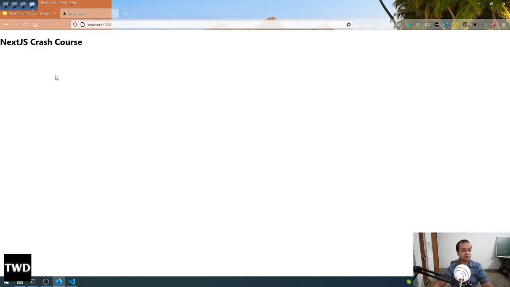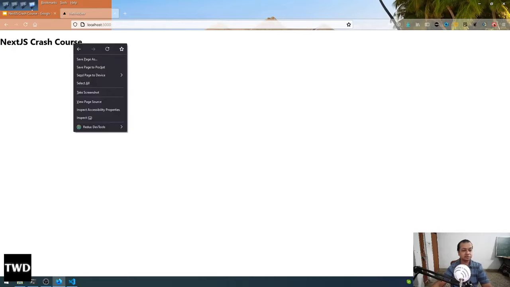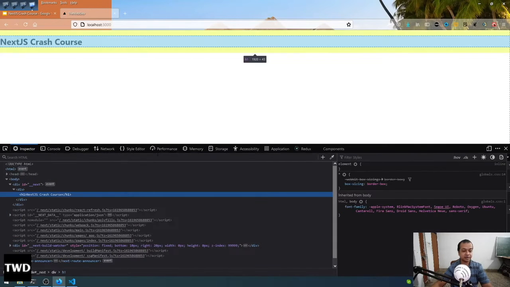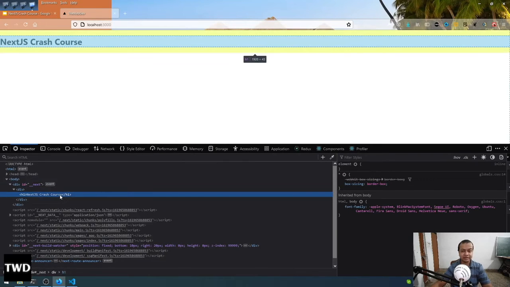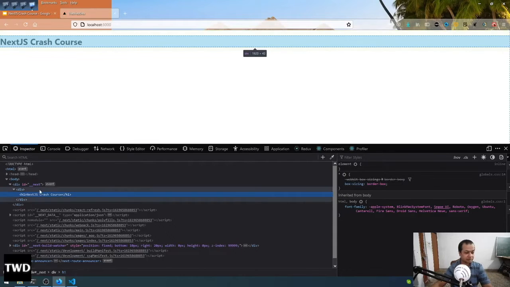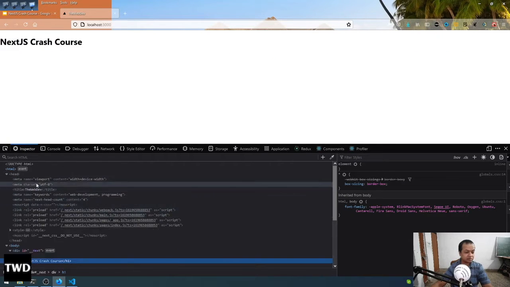So hot reload happened, and we have our everything is gone, and only this is there because we don't have even the styling. So one thing which I was telling, see, if I right click and inspect, how it is different from a React.js app. See, first thing, I'm getting this h1. You will never get this h1 in a React app because there will be ID of root in which everything will be there. So I'm getting this, and if I go to the head, see, the title, the keyword, all